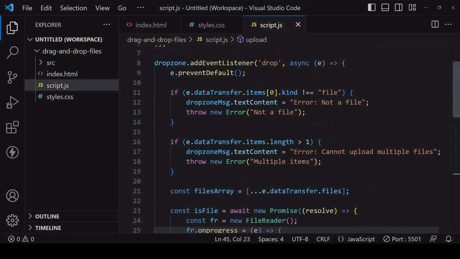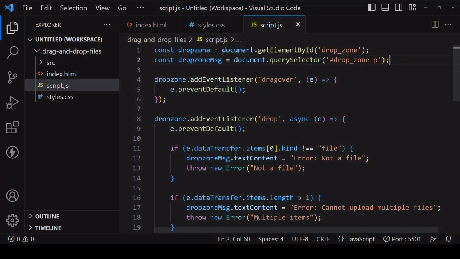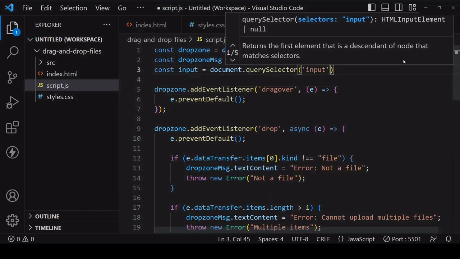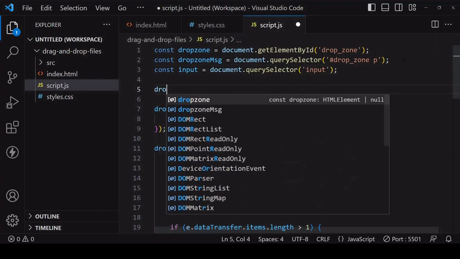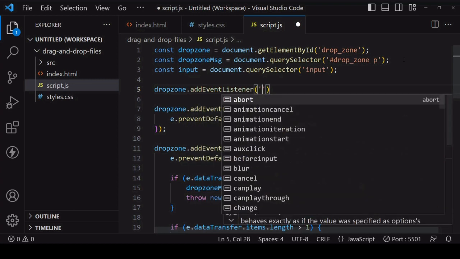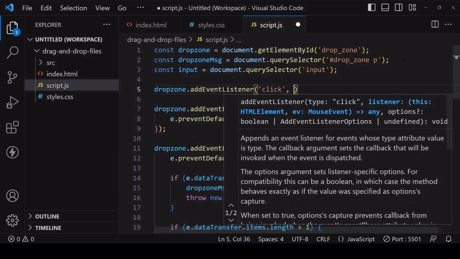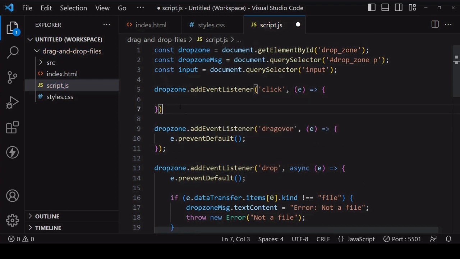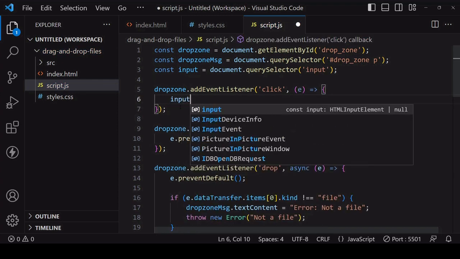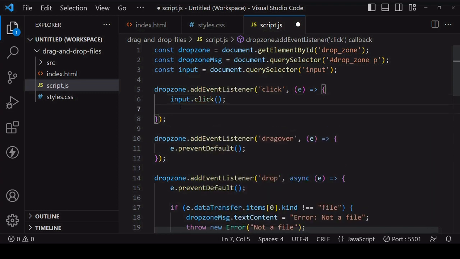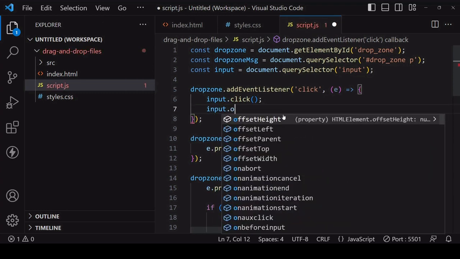So I need to select the input element. So I want to listen out for a click on the drop zone. And when that occurs, I want to call the click method on the input element